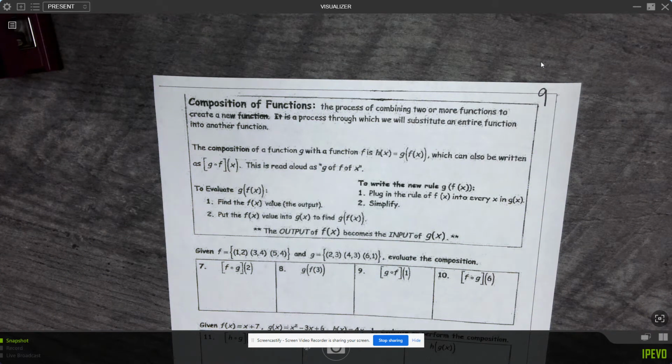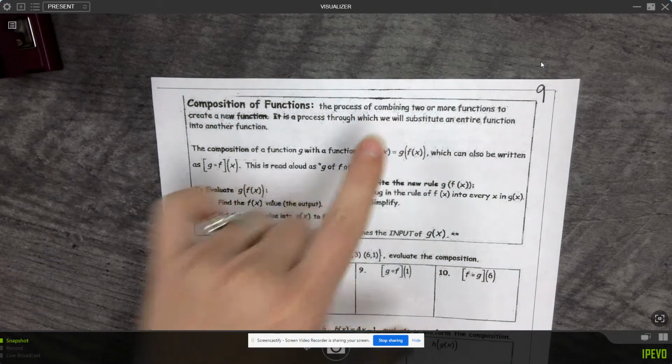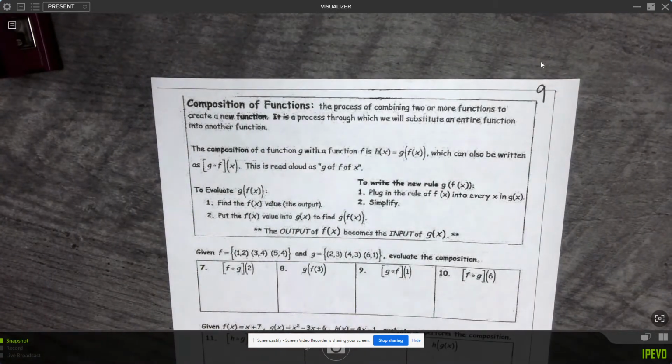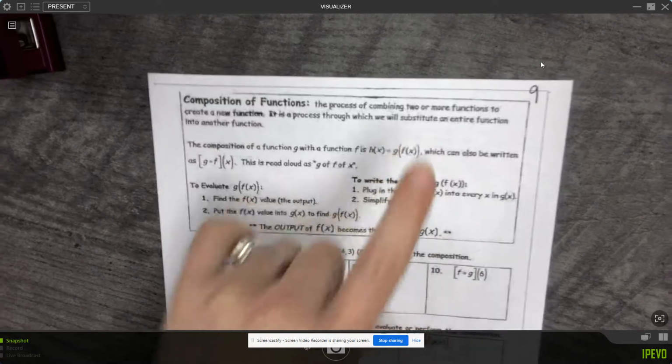All right, we're going to talk about composition of functions in this lesson. So you've talked about now addition, subtraction, multiplication. You have expanded your binomials with your Pascal's triangle. So now there's compositions of functions. That is essentially combining two or more functions to create a new function where you're going to substitute one